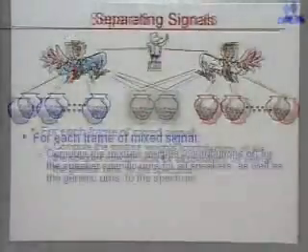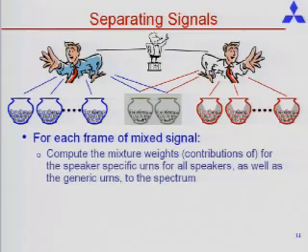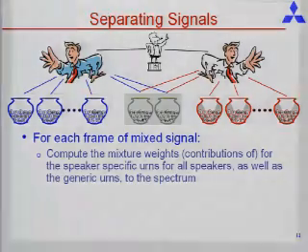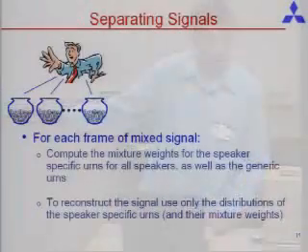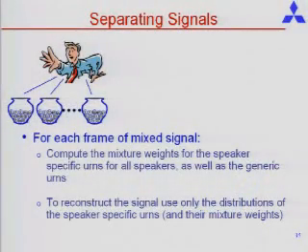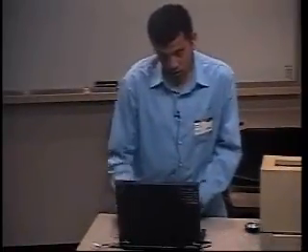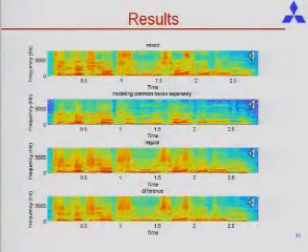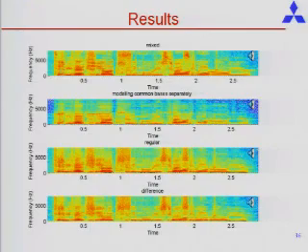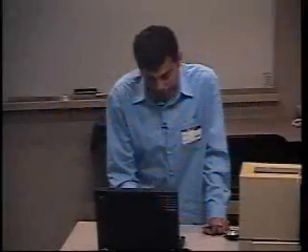And now when you get a mixed signal, you actually compute the mixture weights for all of the urns, including the common urns and the specific urns for the 2 speakers. And then ignore not only the urns for the other speaker, but also the common urns, because you really cannot be sure how they must be allocated. In fact, you can do slightly better than ignore them. You can redistribute the energy from those urns according to the proportions of the energies in the other urns. But anyway, if you do that, here is an example of what you get. Now this, I won't play the mixture.